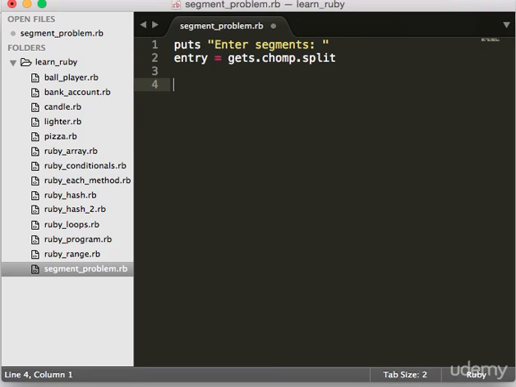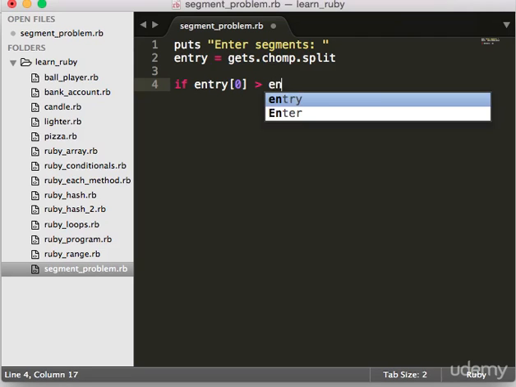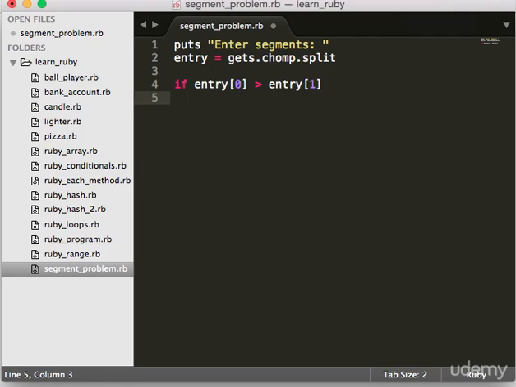is check to make sure that the entry segment is a smaller value than the exit segment, because if somebody enters the entry segment as being 8 and the exit segment as being 5, that's not actually a valid entry. So let's go ahead and define some logic that will make that irrelevant. So we'll say if the entry value 0 is greater than entry index 1,